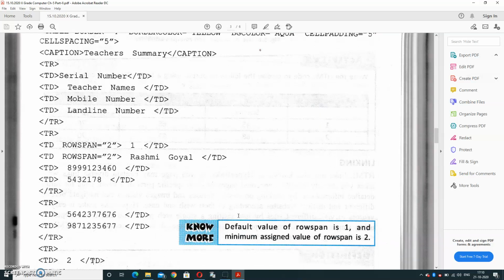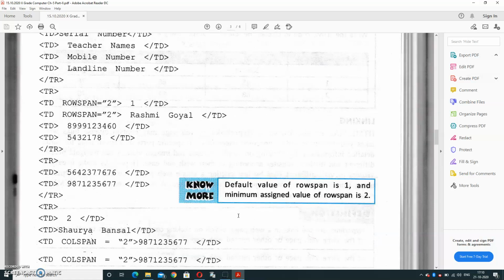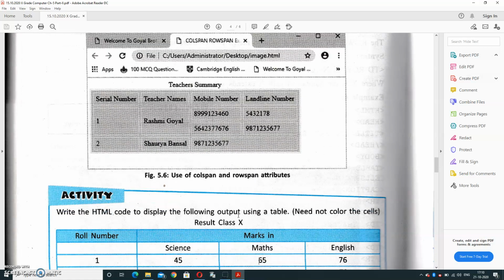Now see the output. For the first row, the values 1 and 2 are added across 2 rows, so for the next row the value will be added for only mobile number and landline. Just see the output first, and afterward you will understand more. See the output. In this column, serial number is having 2 rows, teacher name is having 2 rows, while for mobile number 2 values are given separately.